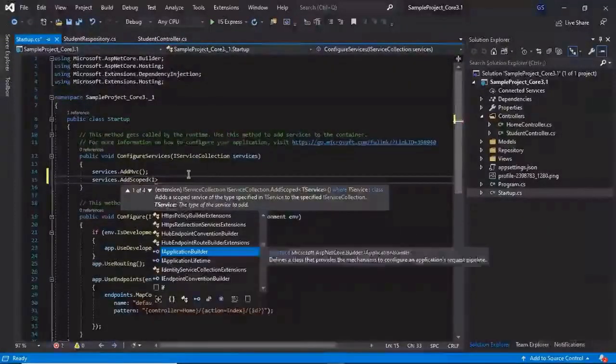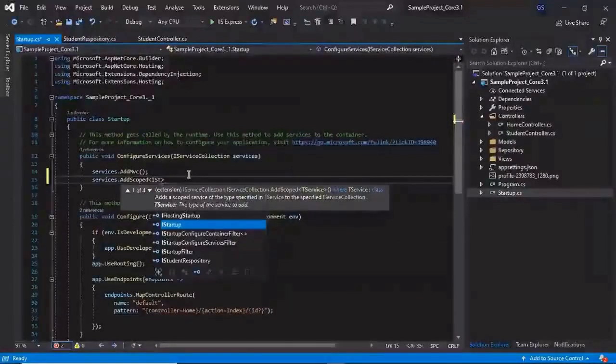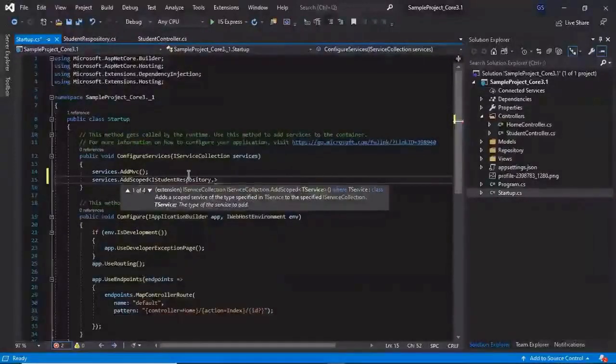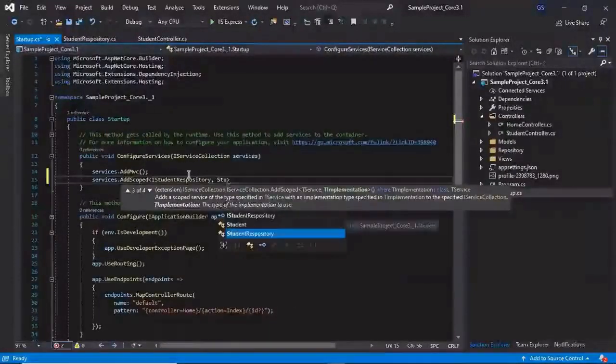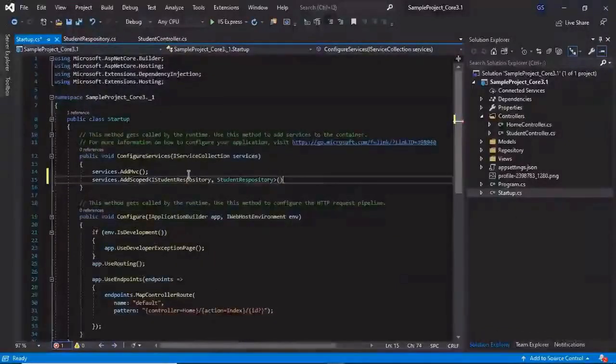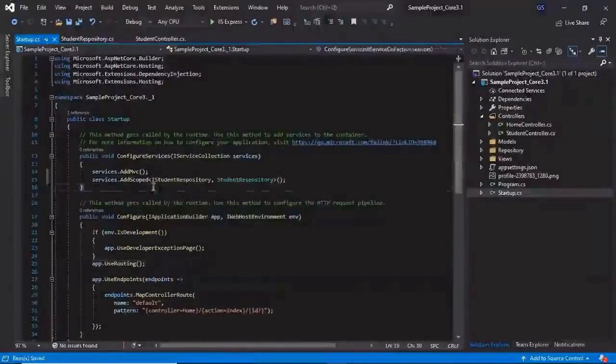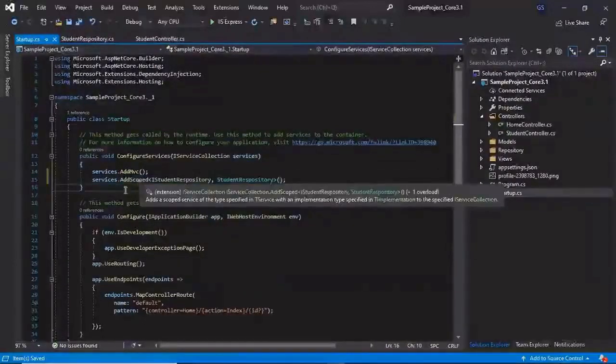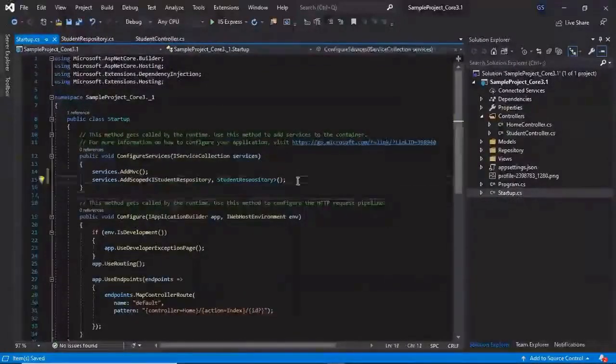Let's add the IStudentRepository interface and our concrete class. So we have now resolved our dependency. If you have any query or doubt on add scoped or the service lifetime, you can check our previous video on dependency injection.